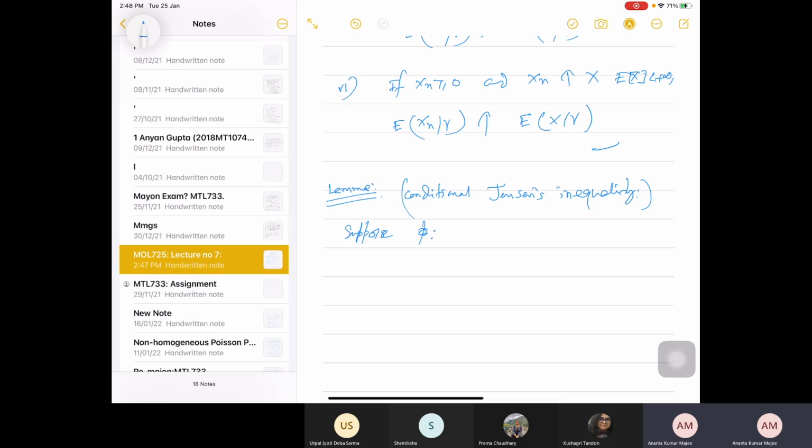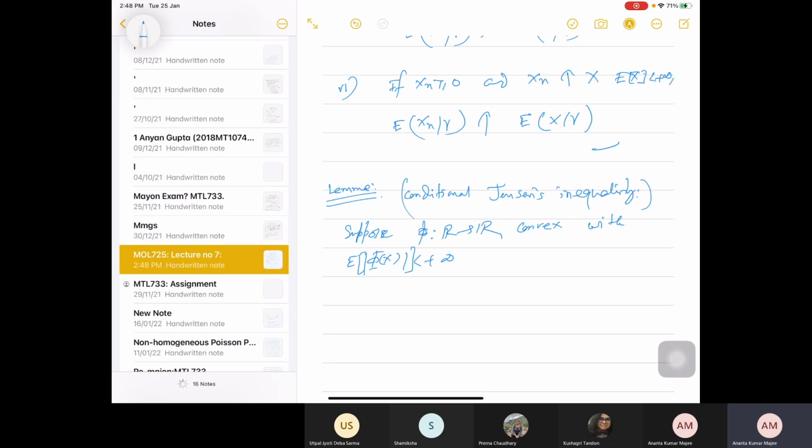Suppose phi is a convex function from R to R, with expectation of phi of x finite. Why do I need this? Because I try to put these things inside, that means I need to define the conditional expectation of phi of x. For that, the condition is that it should be integrable. Okay, so I have such a phi,